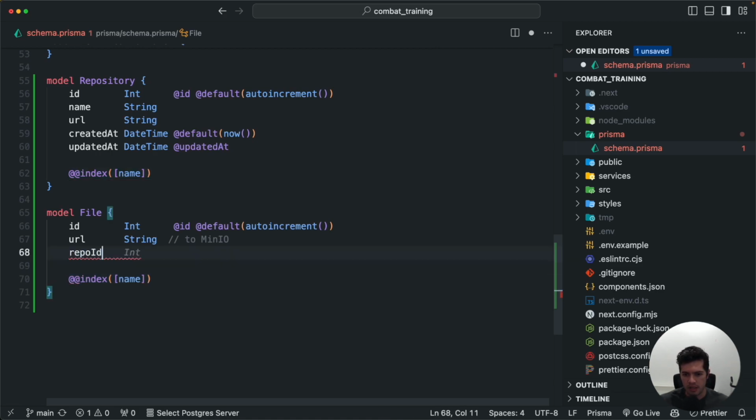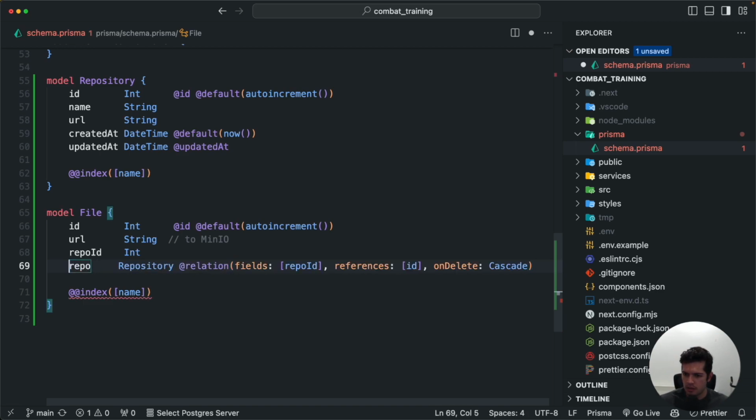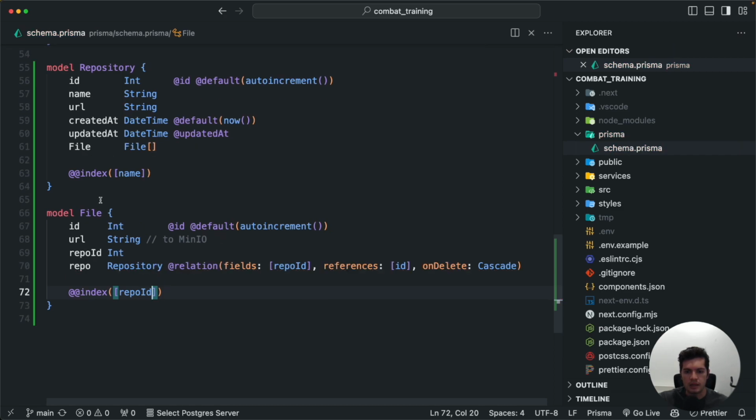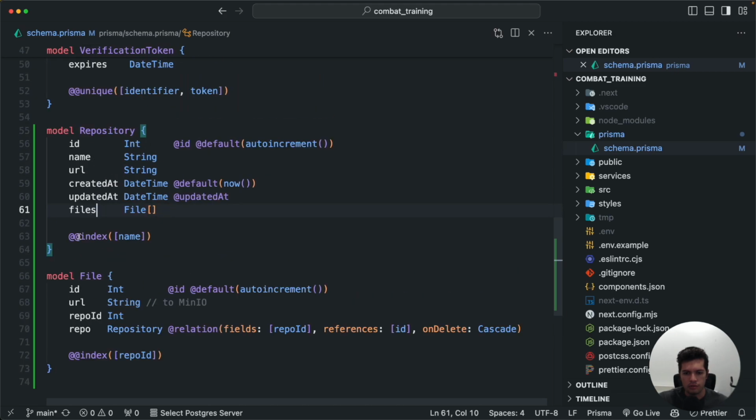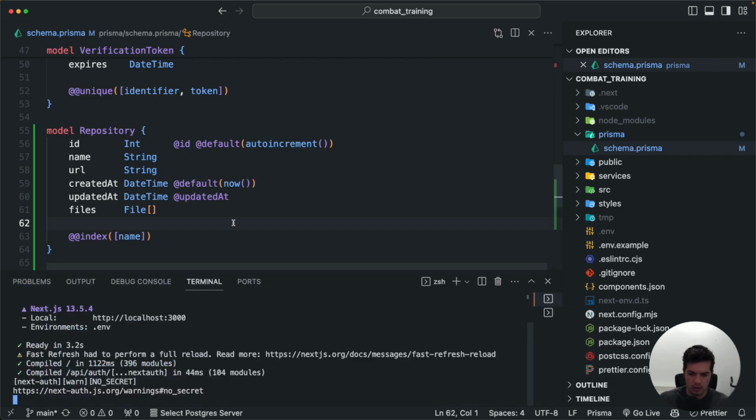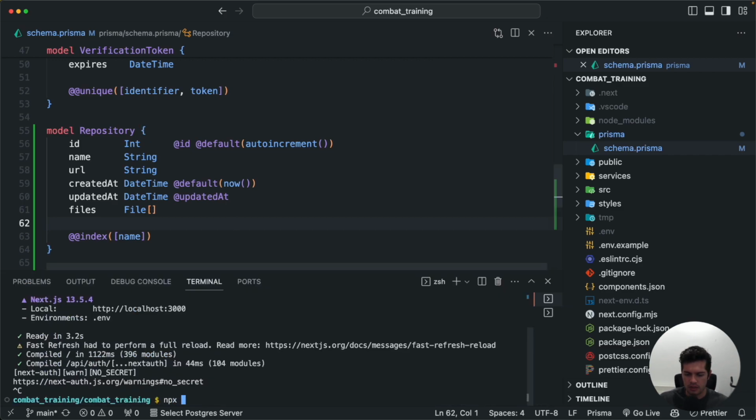So repo ID is an integer. Then I need the repository, which is going to be a repository field. So that's the lookup, and that makes sense. And then I'll do an index on the repo ID, and then just by saving that, I'm going to call this files, so I can do the reverse lookup on the repository for all the files. Okay. So let's do